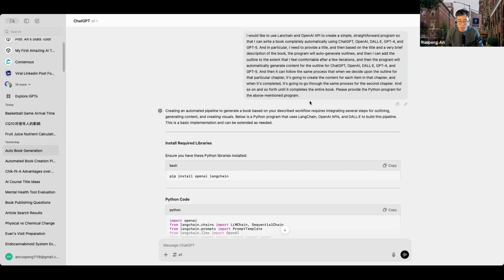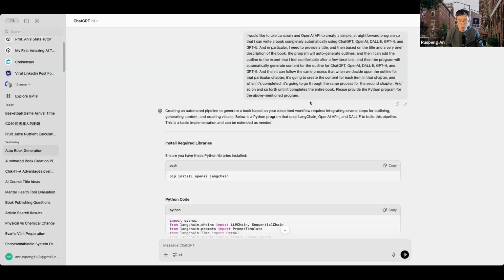Again, when the user is satisfied with the revision, the program is going to first generate the content pertaining to the first item of that chapter. And if the user is satisfied, then the program is going to move on to draft the content for the next item in that chapter outline, with sustained memory of what the program wrote in the first place.